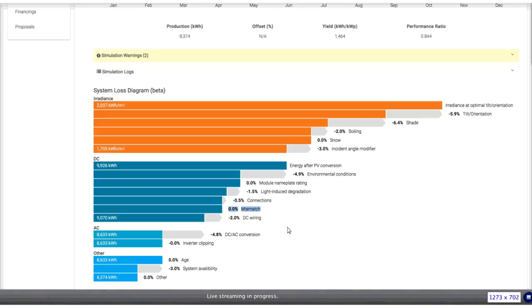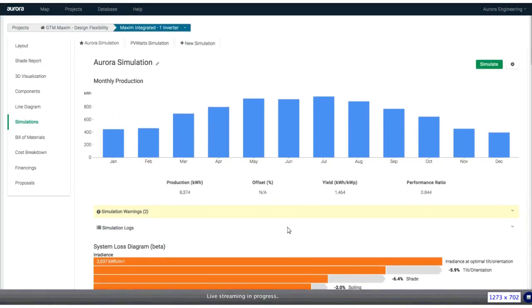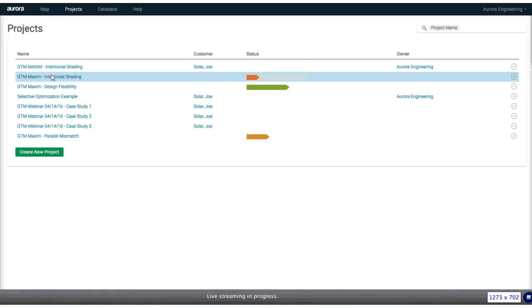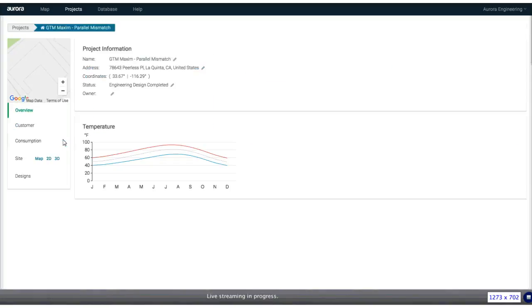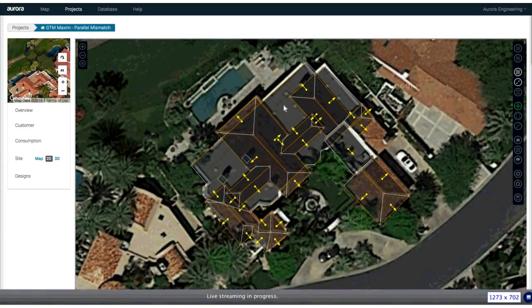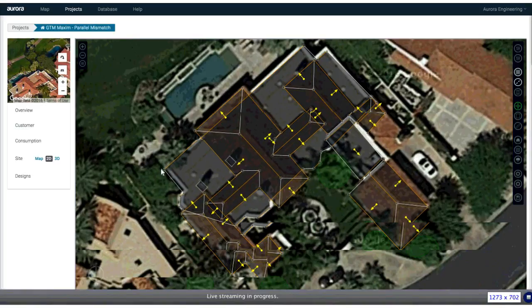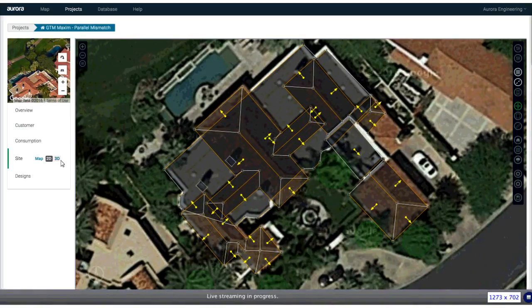So just a quick recap, we had this design where because we had these small roof planes, we had to split up our groups of modules. With traditional modules, we had no choice but to connect them to separate MPPTs on our inverter. With the cell string optimized modules with Maxim technology, we were able to string across multiple roof planes regardless of differences in irradiance, and we were able to save an inverter from the design, and in doing so, we were even able to boost production by a pretty sizable amount. So that concludes our second case study, and we're now going to jump to our last one,